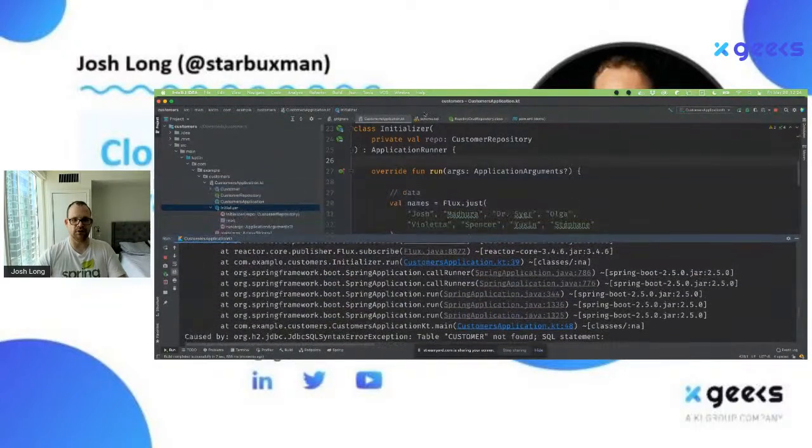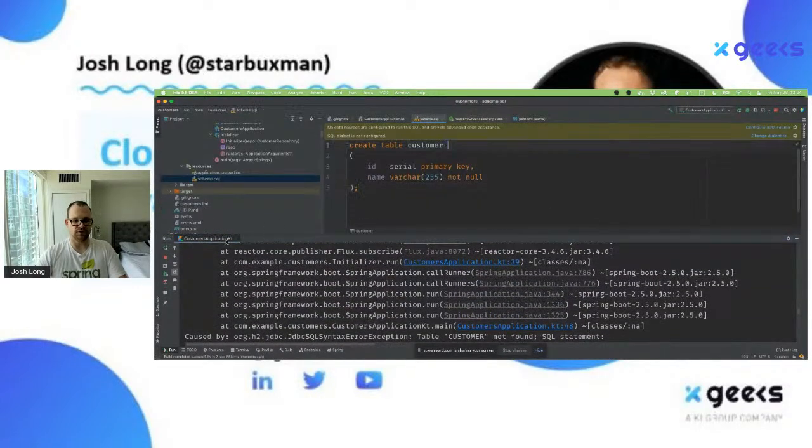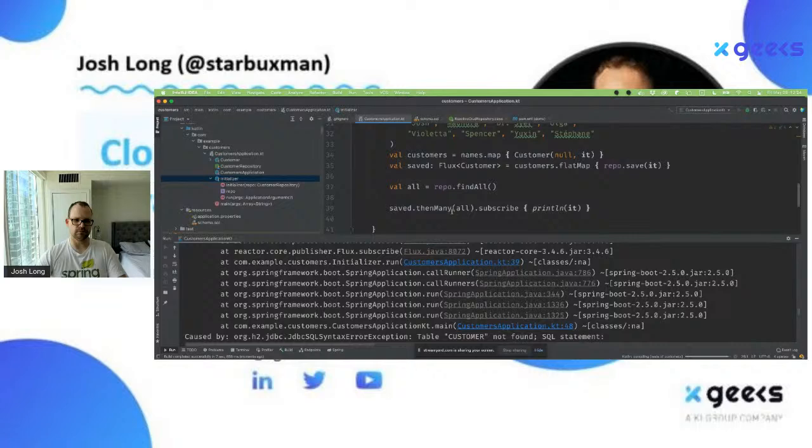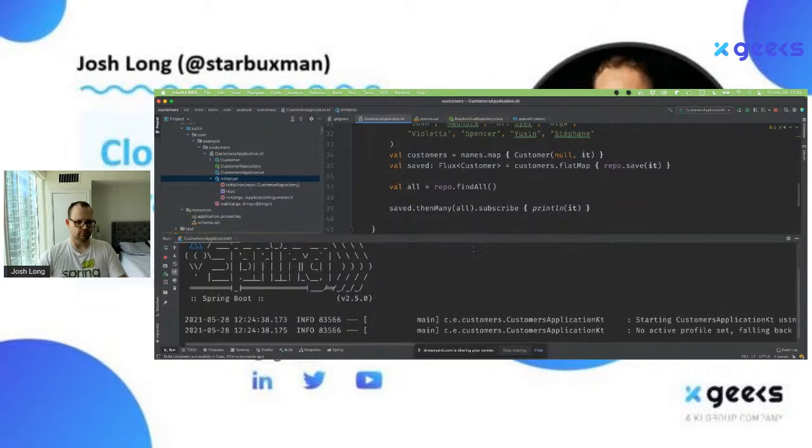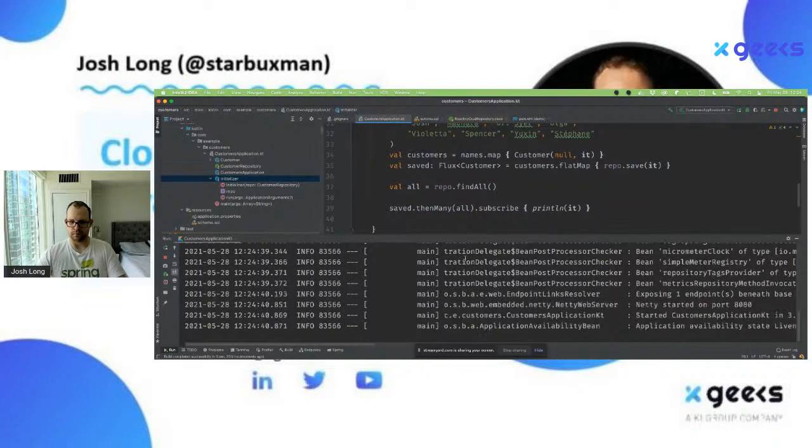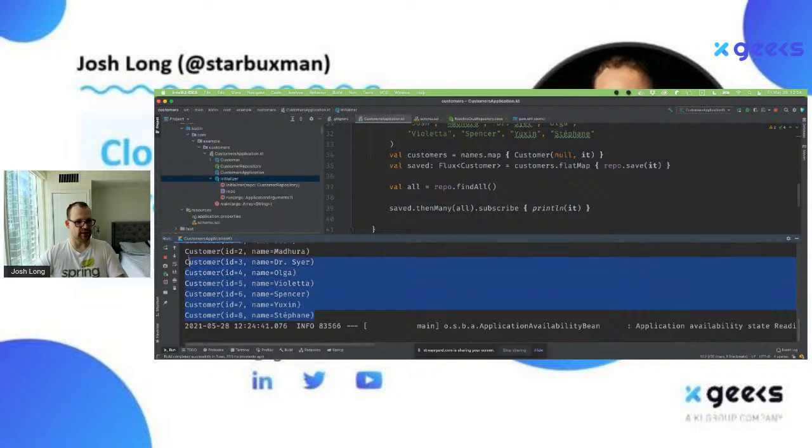Table customer. Okay, so the schema is customers. Okay, there we go. There's our data. It's worked. Congratulations, right? So now we have the data in the database.